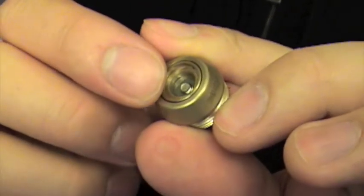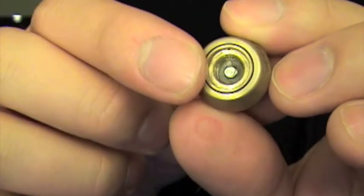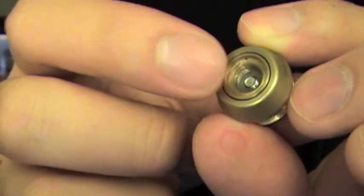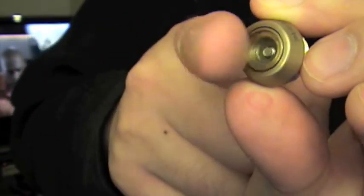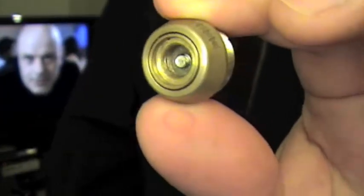You see how the screw in the middle raises up, and then there's a plastic washer that keeps it from touching the other part of the metal. That washer went all the way up to the very top of the screw, and it caused my 510 atties and my 510 adapters and stuff like that not to make that connection. And I was back and forth with the guys at Electro Nick Sticks, and they kept telling me it was a sizing issue,